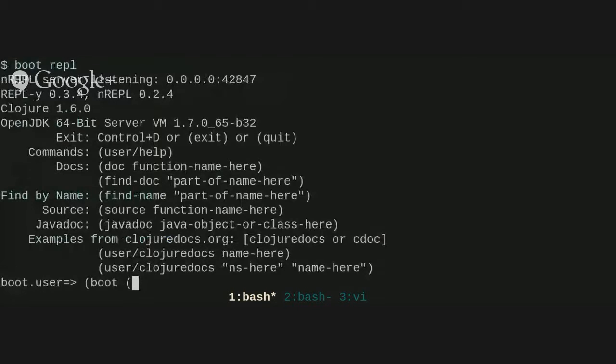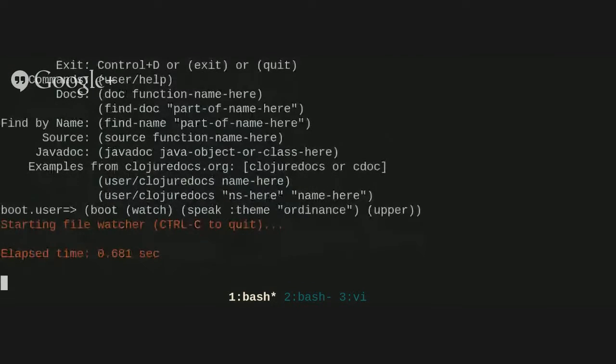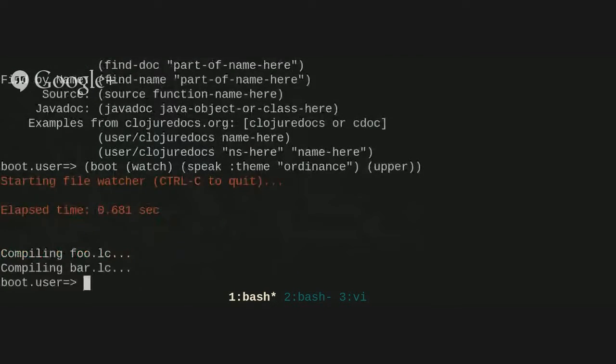I use the boot macro for that, and then it's just the same as on the command line, but we're actually calling Clojure functions now directly. So watch, speak, theme. Yeah. And you press Control C. Oh,